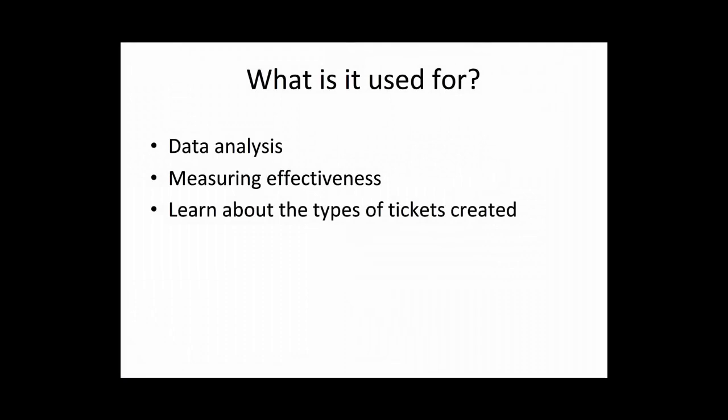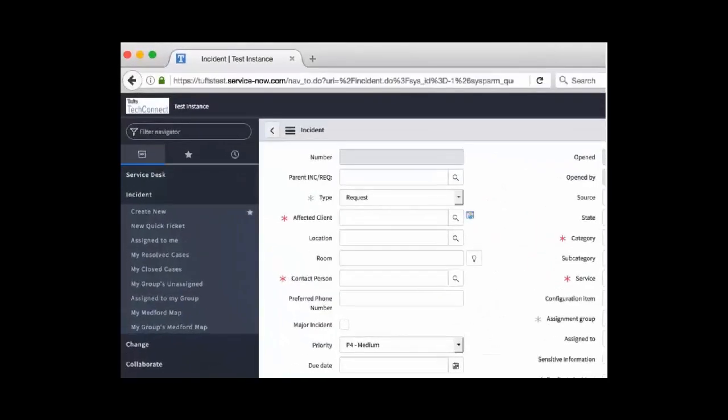When you classify a ticket, it helps with data analysis, measuring effectiveness, and learning about the types of tickets that come into the service desk. Most of the rest of the fields in a ticket will help you classify your ticket. In the Affected Client field, begin by typing the user's last name or UTLN, and a list of possible Tufts